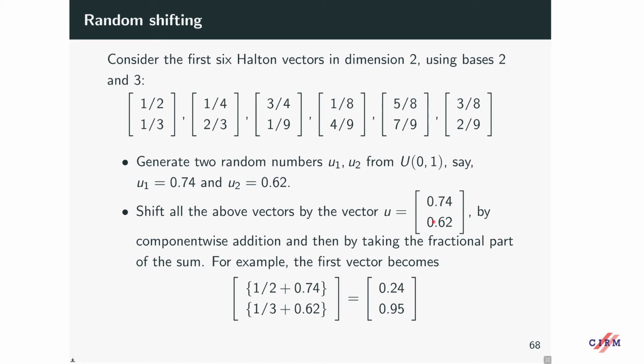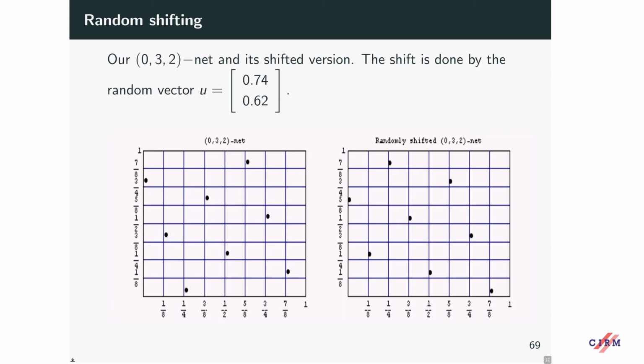Shifting means you will be doing a component-wise addition, vector addition. So 1/2 was the first Halton vector, so you add your 0.74 and 0.62 to that. And then the braces mean if the number is greater than 1, just take the fractional part. So this is, for example, 1.24. You're not supposed to go beyond 1, right? So you take the fractional part, 0.24. Shift using the same vector u to all the other Halton vectors. That gives you a new